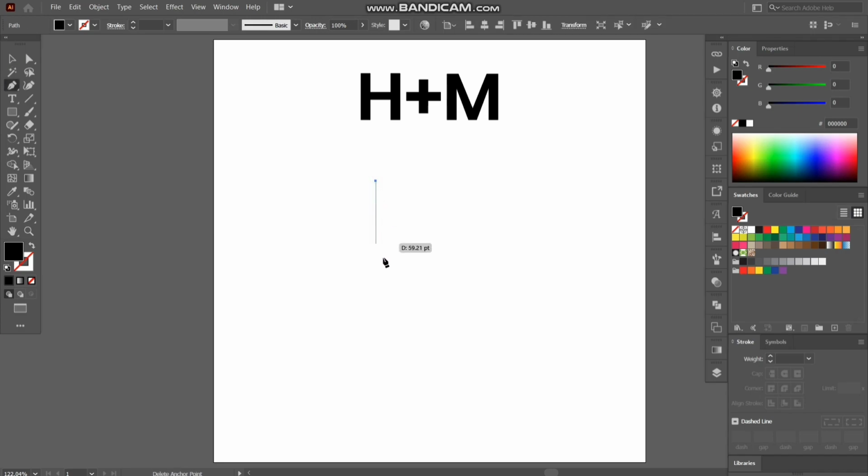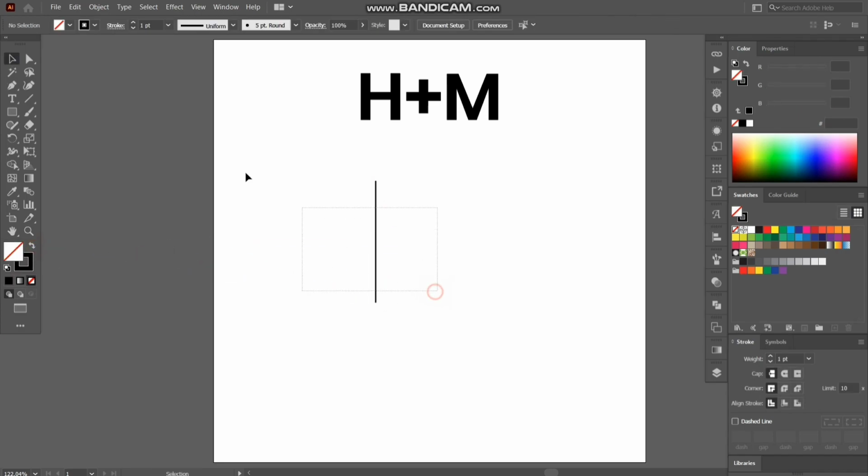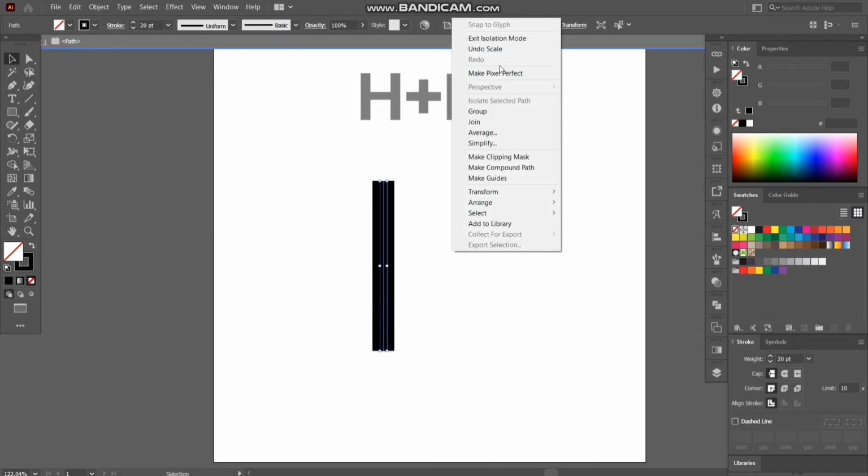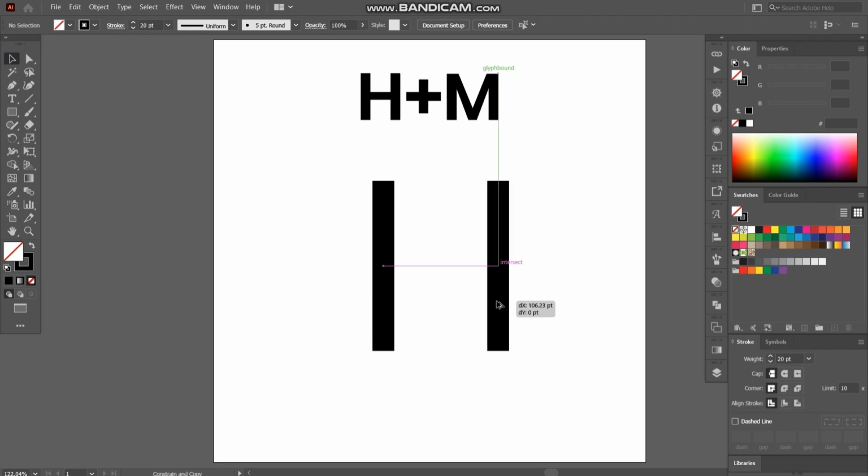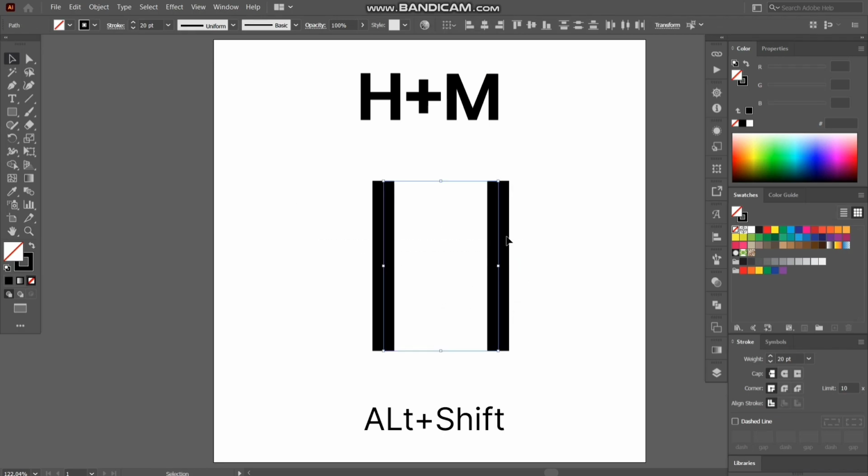Create a straight line which is going to be for the left side of H by using the pen tool. You can select the pen tool by pressing P, and I'll adjust the size of the line and duplicate it by holding Alt and Shift keys together and moving it